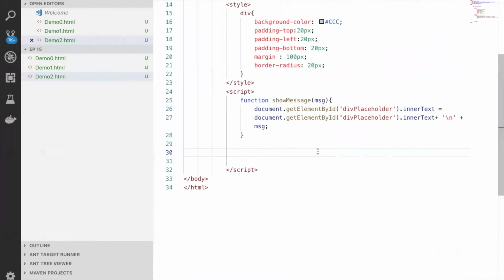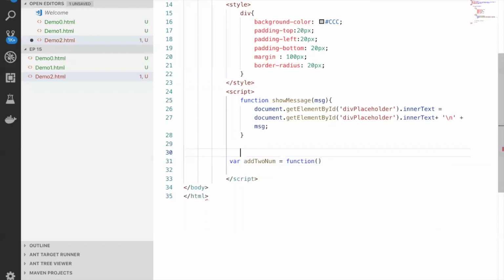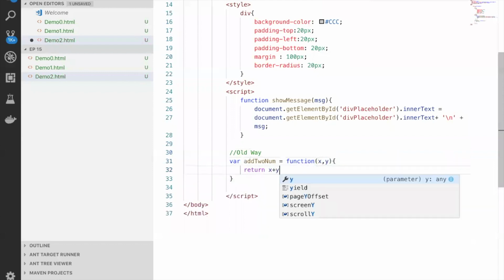I'm saying variable add2num. We have to declare a function. This is the old way. So let me write it down to avoid confusion. In the function I'm saying x comma y, and all we have to do is return x plus y